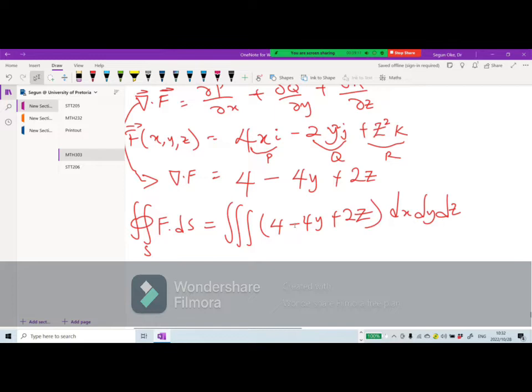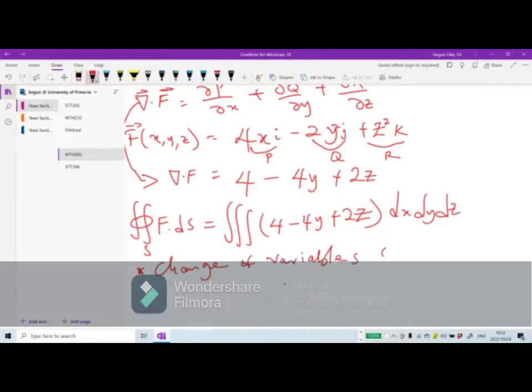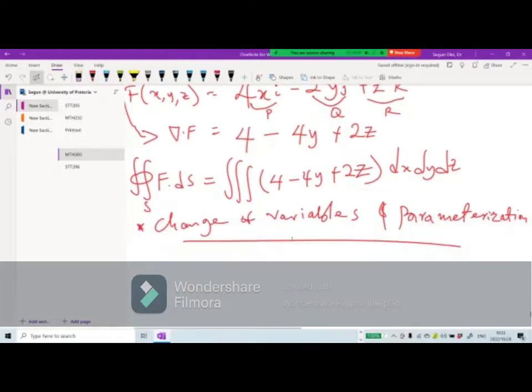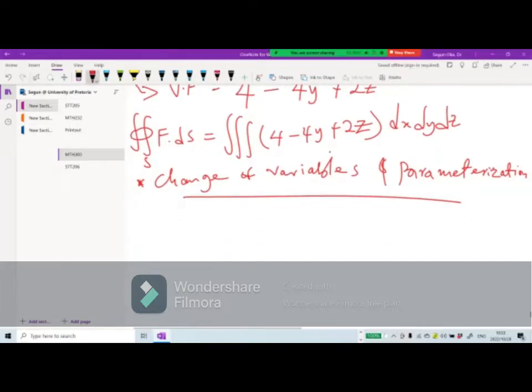But at this point, we need a change in parameterization. We need to do what we call a change of variable. So what do we do? When you are working with a cylinder, how do we change the variable in cylindrical coordinates? Please, you need to learn all this. They are very vital for us to change from cylindrical